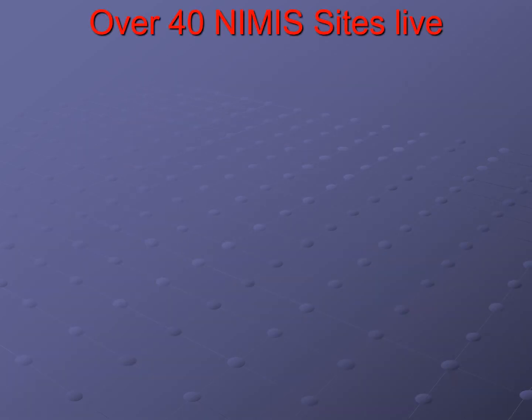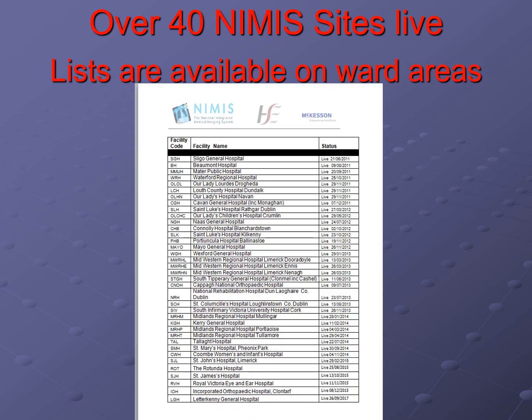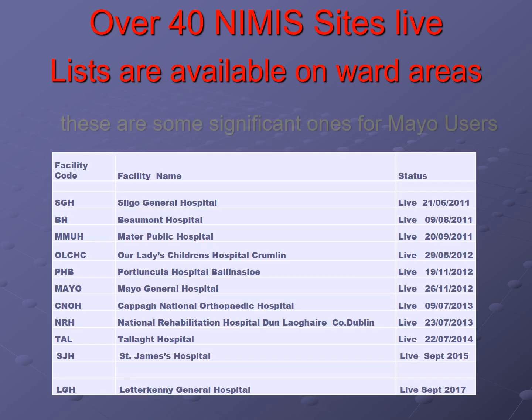There are over 40 medical facilities live on NIMIS. Each NIMIS site can access imaging from every other NIMIS site. A full list of NIMIS facilities is available in each ward area. In the Salta Hospital group, the other NIMIS facilities are Sligo, Portiuncula and Letterkenny. Significant facilities for Mayo referrals would include Beaumont, The Mater, Crumlin, Kappa, the National Rehabilitation Hospital Dunleary, Tala and St